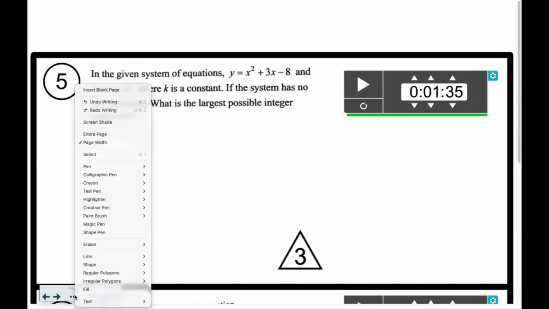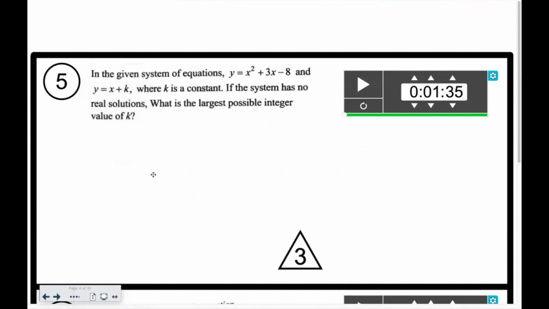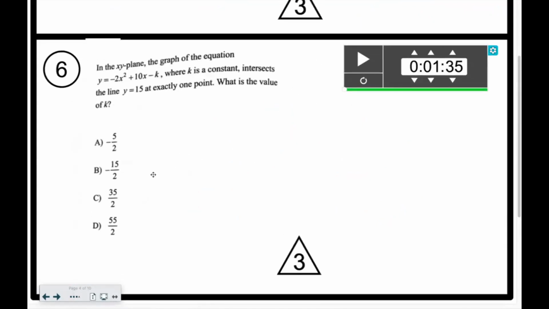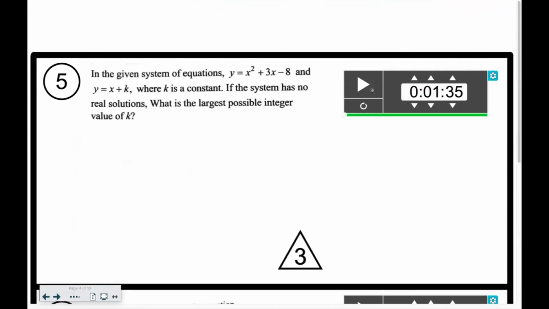Okay. Here we're going to do both of these problems, 5 and 6. I put these together because they are examples of when we probably should use Desmos versus when I don't think we should. So again, I'll give you a little bit of time to take a look at number 5. Okay, so